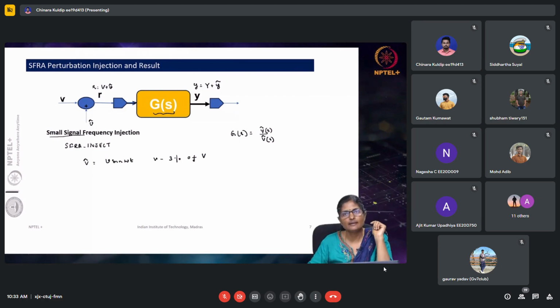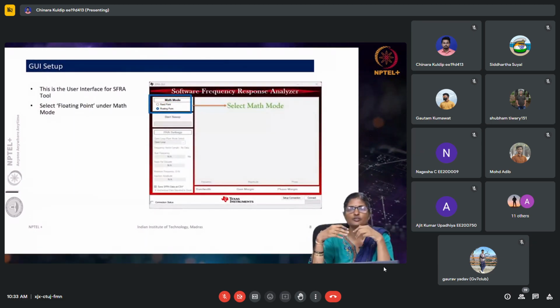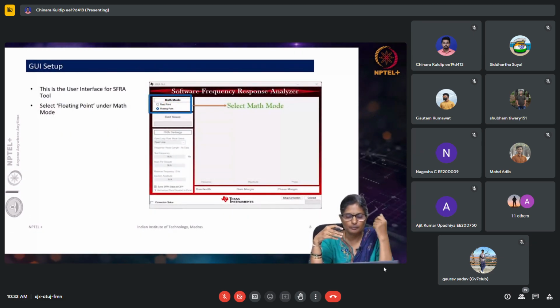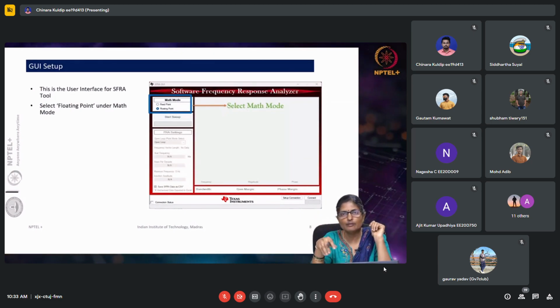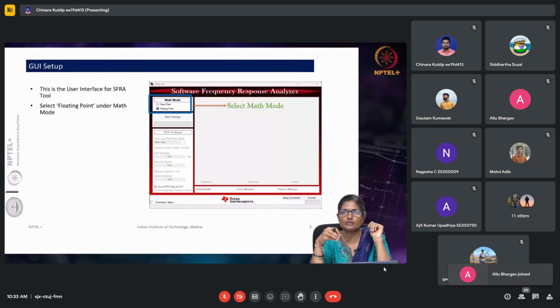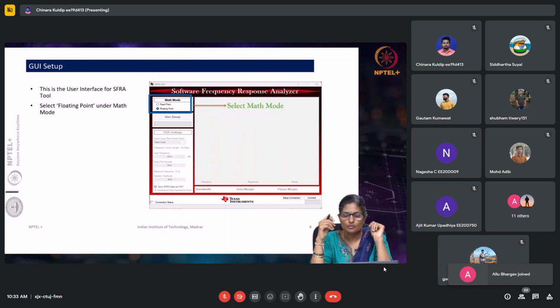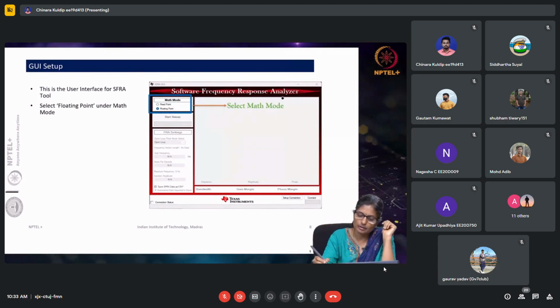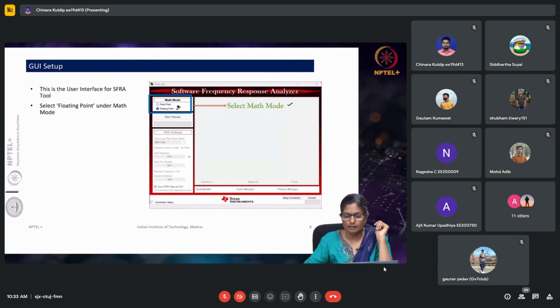So, with this as the basic operation, after the installation of the SFRA, you will be seeing the setting of the graphical user interface of the SFRA tool. So, we will get a window something like this, where you can set the following. The first one is select the math mode, where you will be selecting this floating point,